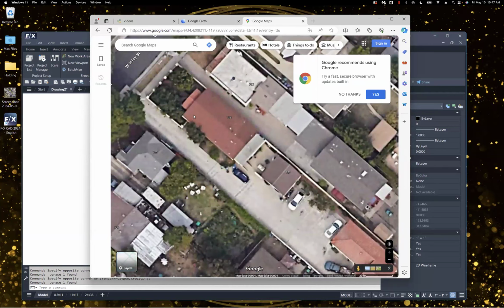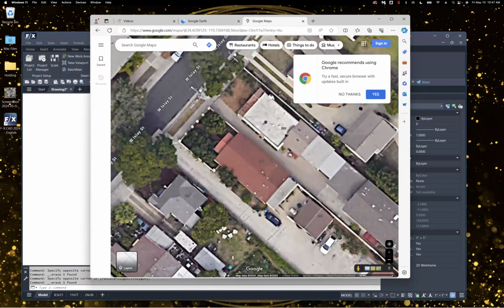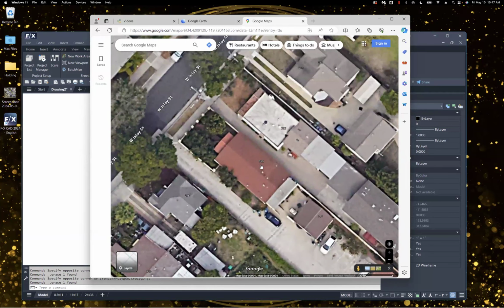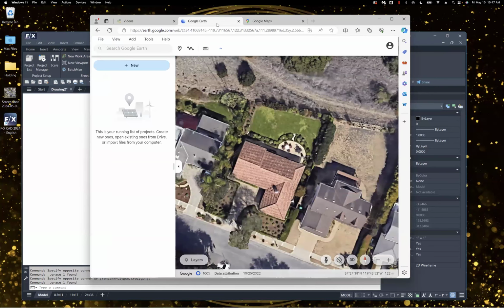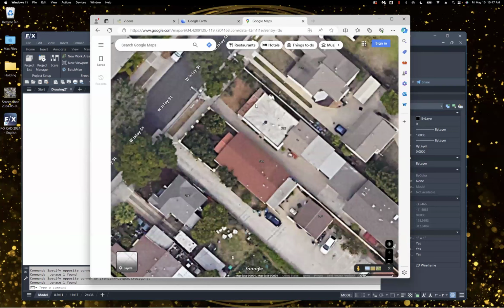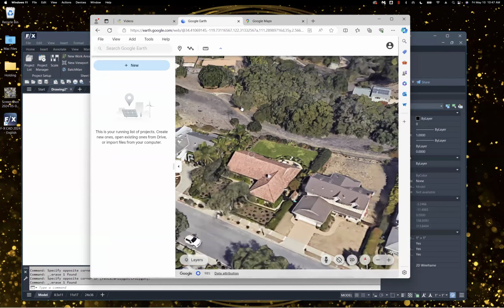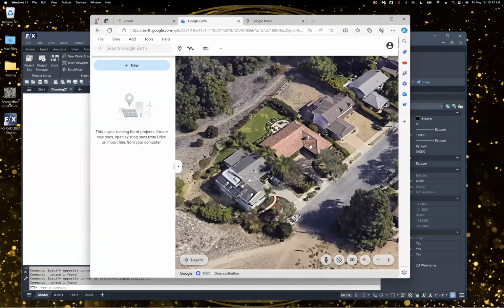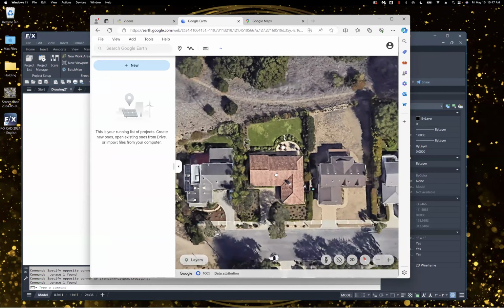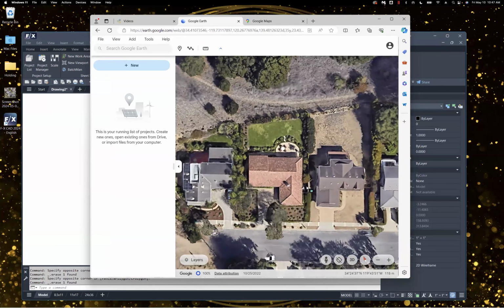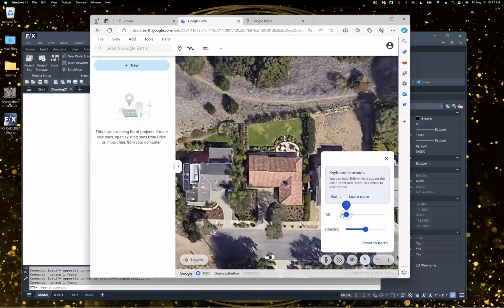you want to consider the clarity and the quality of the image. So if you were comparing two houses, you could bounce back and forth between Google Maps and Google Earth to see which one you like better. On Google Earth in particular, you really want to be careful of this tilt feature. If you're panning around looking at a site, make sure that before you take your screenshot, you reset everything in terms of tilt.